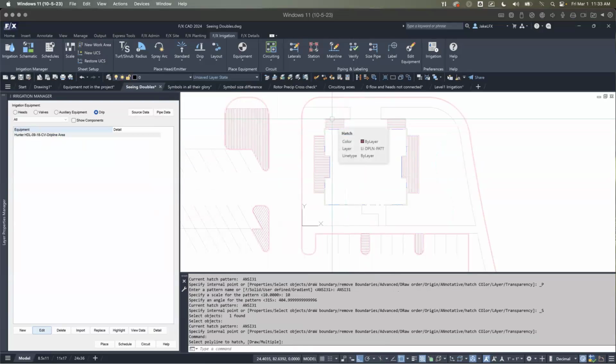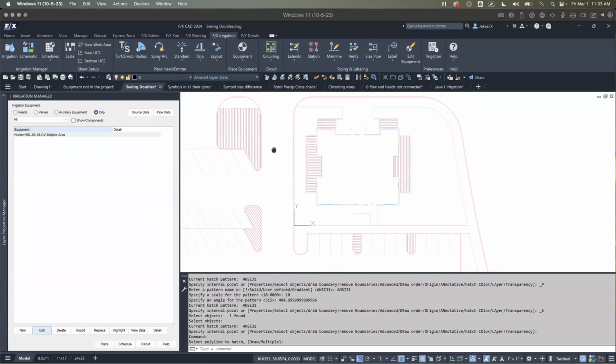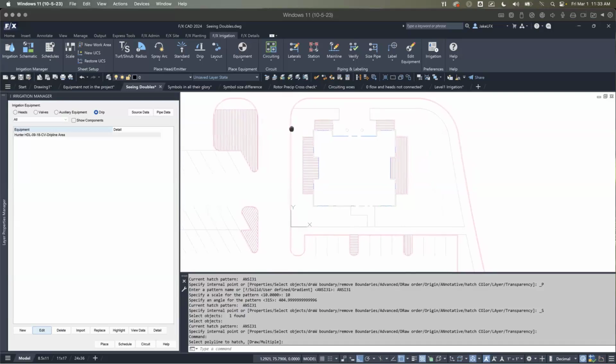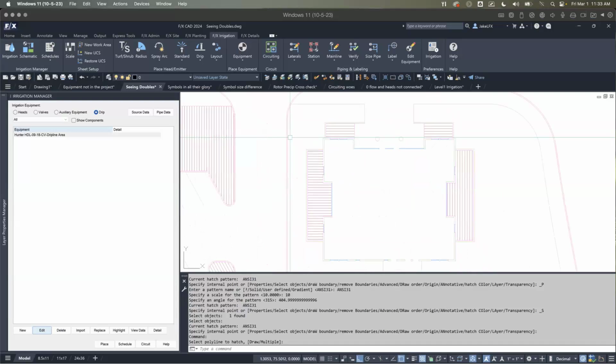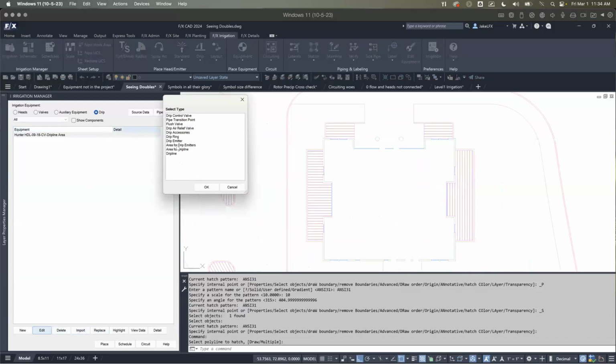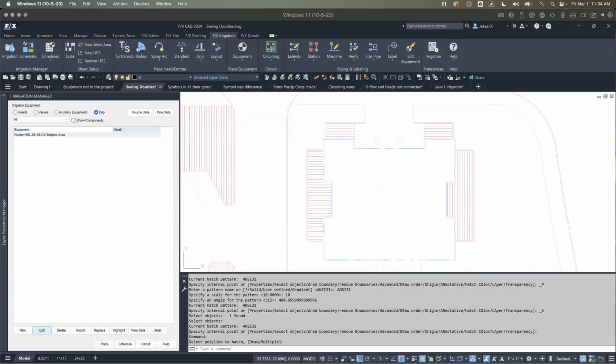Are we using pipe transition points or open pipe ends? It doesn't matter technically, but it is better to use PTPs. I was going to say I prefer PTPs. We call them PTPs, pipe transition points, because I think of it as connect the dots. So I'll grab this pipe transition point